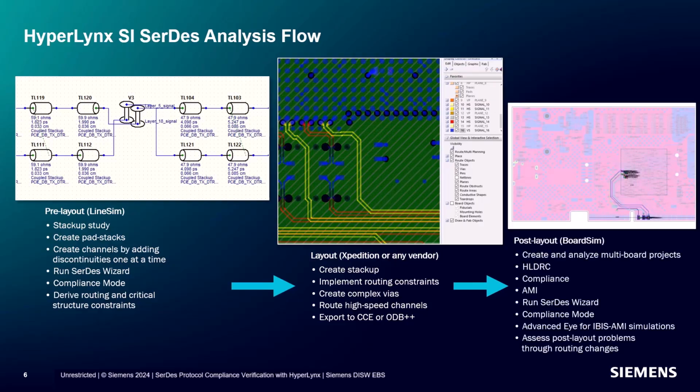Post layout verification with BoardSim uses Hyperlink's unique progressive verification methodology to find as many potential layout issues as possible, as quickly as possible, with as little effort as possible. First, Hyperlink's DRC automates traditional manual design reviews, replacing tedious visual inspection with fast, automated analysis. Next, compliance analysis verifies each and every serial link for compliance with the associated protocol standard. Finally, IBIS AMI simulation can be used to predict system operation margins with the actual SerDes IP and device programming.